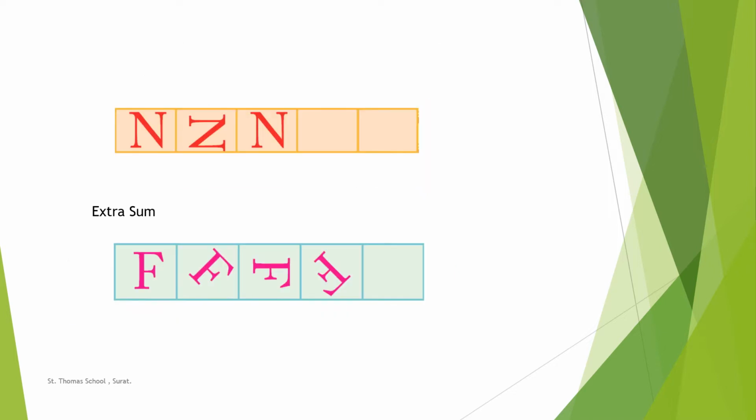Now there is a homework for you. There are two alphabets given to you. Alphabet N and alphabet F have been given to you. This you have to do in your school notebook. You can see how the picture is given. So accordingly you have to make the turns and write in the blanks. Clear with this everyone?